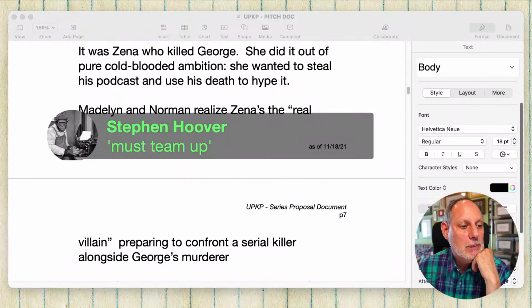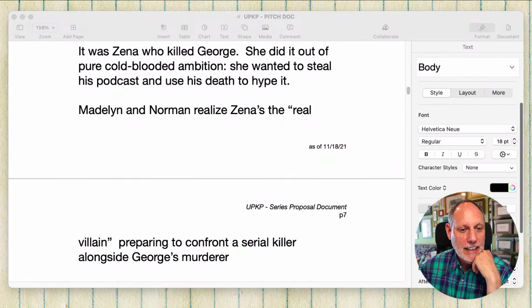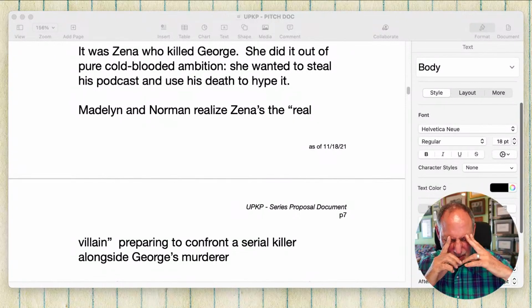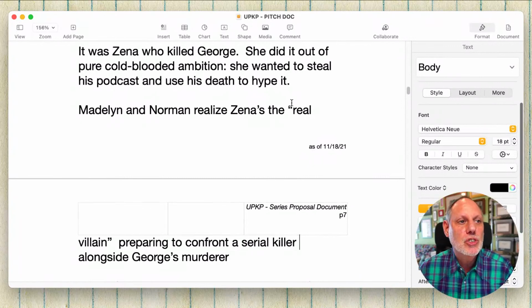Must team up, must join forces? Kind of. It's more like must fight. But that's not the phrase I'm looking for. It's the construction I'm looking for. This is a thing writers do. I have to figure out a construction which allows me to say